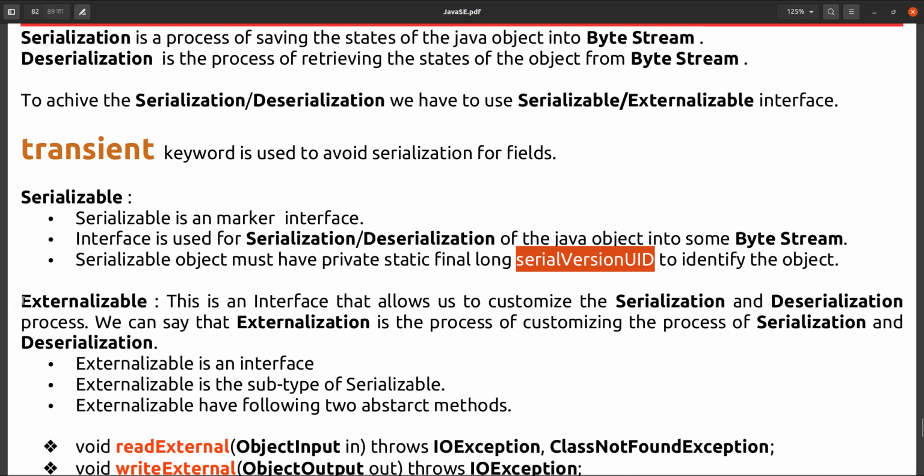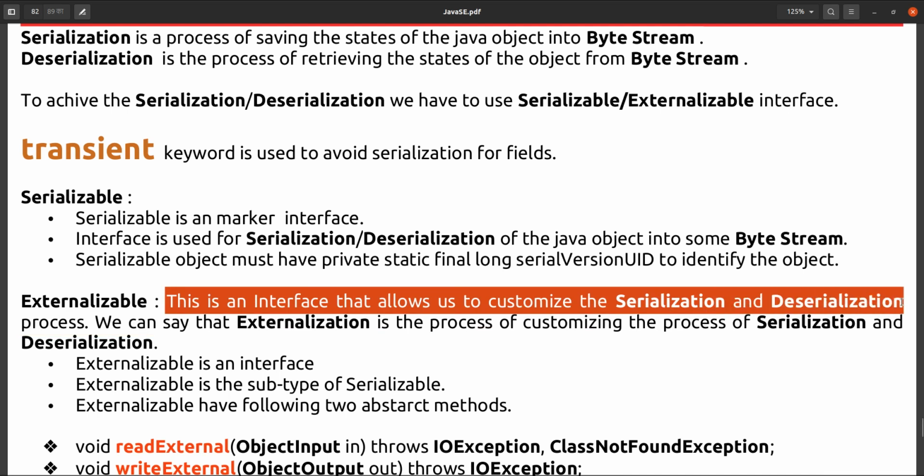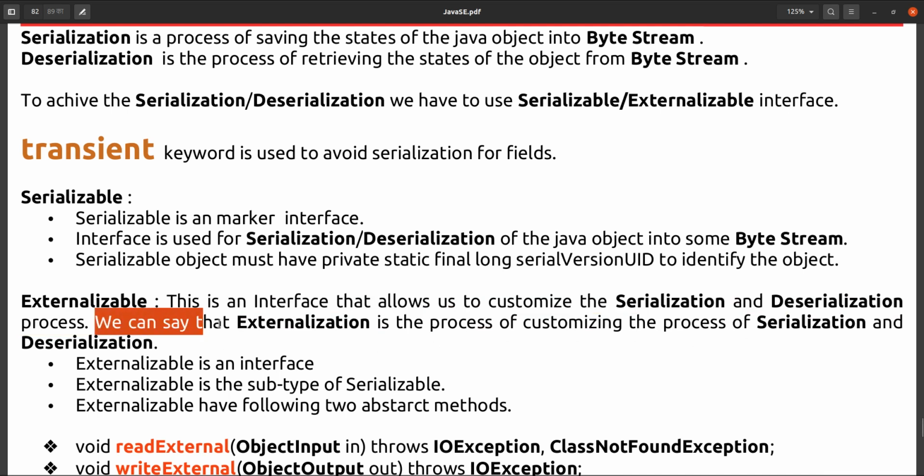And what is the meaning of the Externalizable interface? Externalizable is an interface that allows us to customize the serialization and deserialization. Simply put, externalization is the customization of serialization.